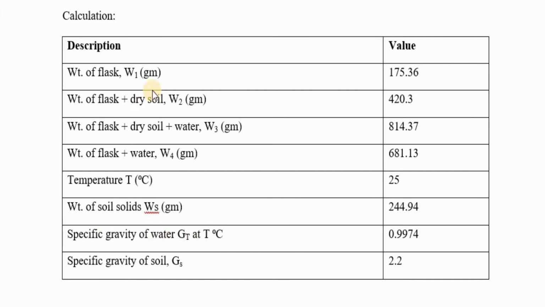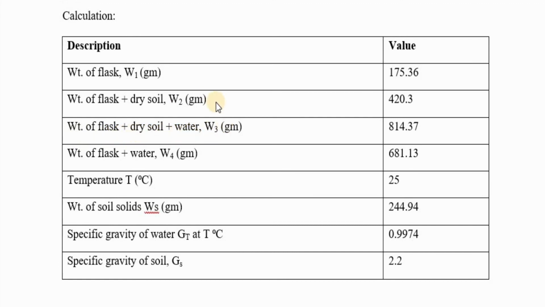All of these values are taken from the experiment, like the weight of the flask was 175.36 gram. Weight of the flask plus dry soil was 420.3 gram. Similarly, weight of the flask plus dry soil plus water was 814.37 gram. If we deduct the weight of the flask plus dry soil from the weight of the flask plus dry soil plus water, then you can get